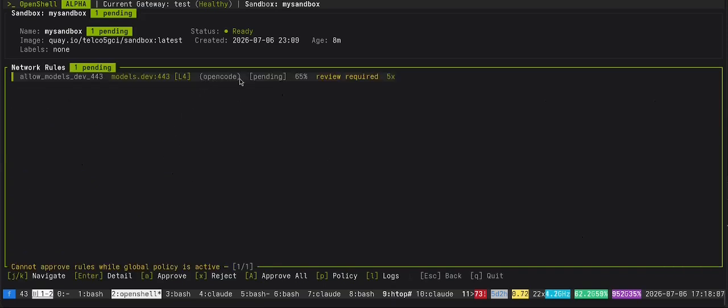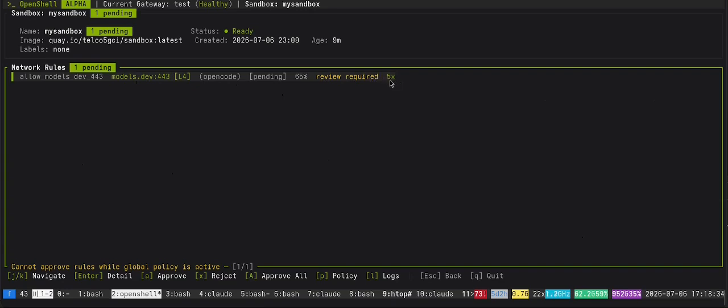It was Opencode that tried to access this not allowed site, in this case models.dev. This open API for various models, their costs and other data. Probably it's used for some internal statistics, maybe to evaluate cost of requests. But we didn't allow this in our policy, so it's blocked. And you can see review required.